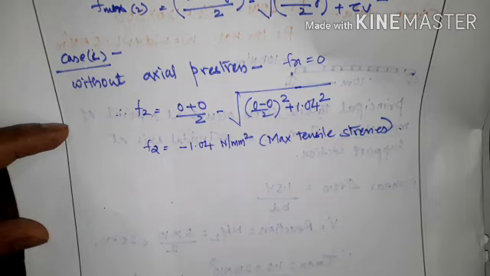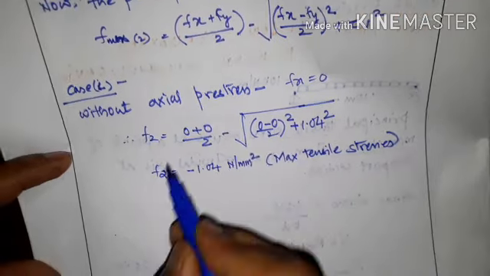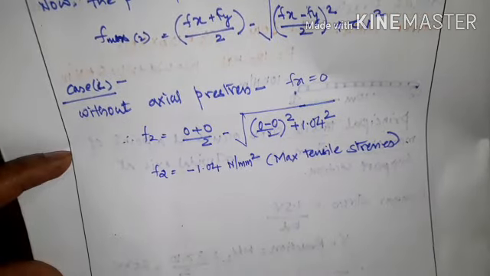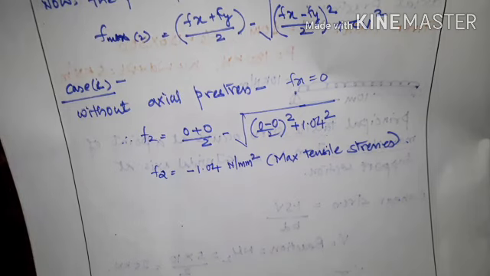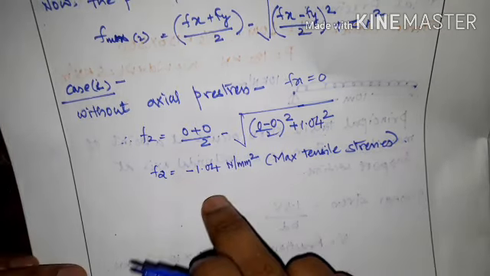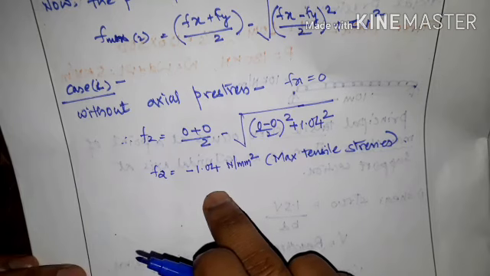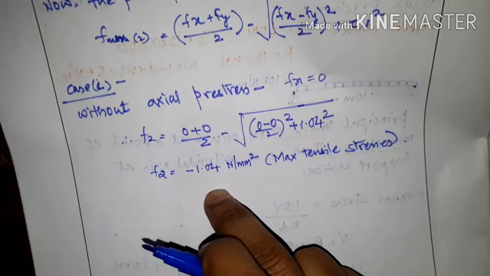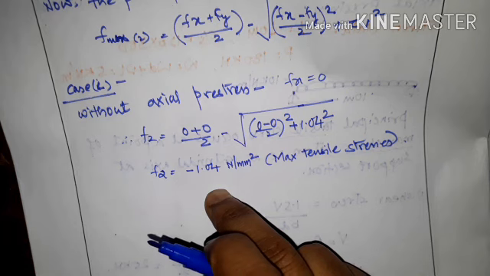Maximum tensile stresses, that is without axial pre-stress. So you got minus 1.04 Newton per mm square. Means what? A concrete or a given section of size 120 mm by 300 mm, of length 10 meter,